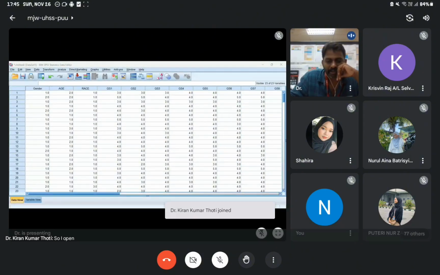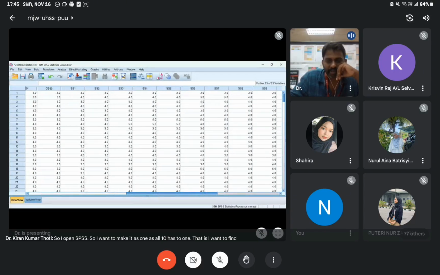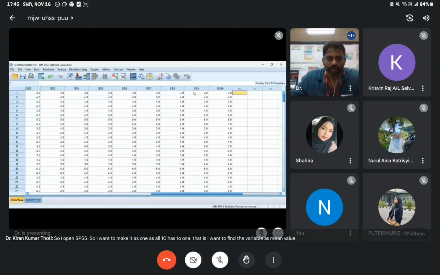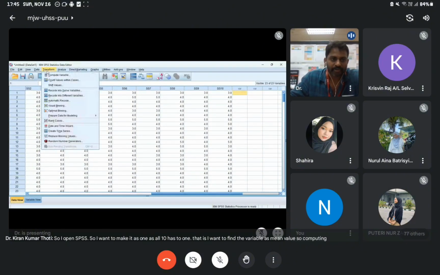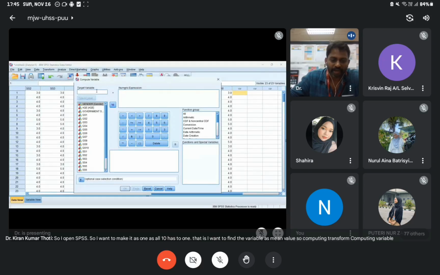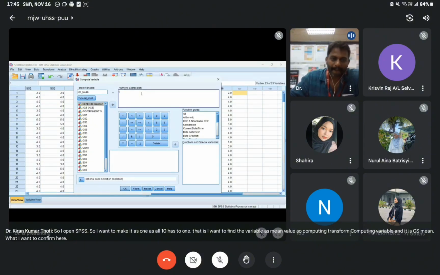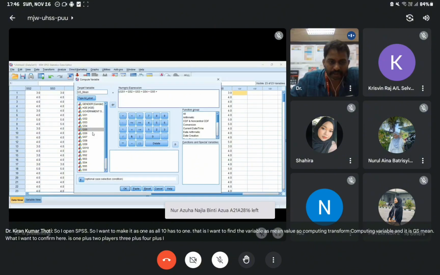So I open SPSS. I want to find a variable as mean value. So Transform, Compute Variable, and it is GS mean. What I want to define here is GS1 plus 2 plus 3 plus 4 plus 5 plus 6 plus 8 plus